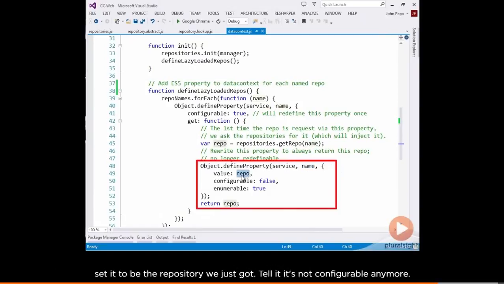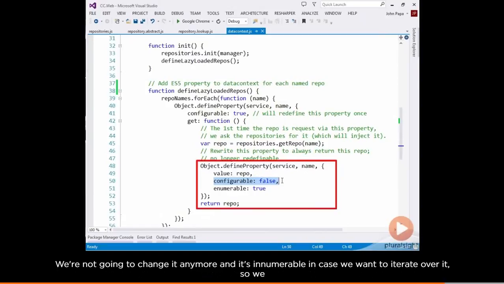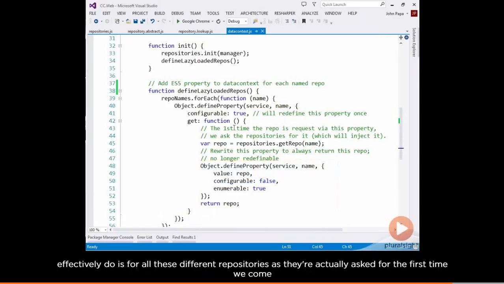Just set it to be the repository we just got. Tell it it's not configurable anymore. We're not going to change it anymore. And it's enumerable in case we want to iterate over it. So what we effectively do is for all these different repositories, as they're actually asked for, the first time we